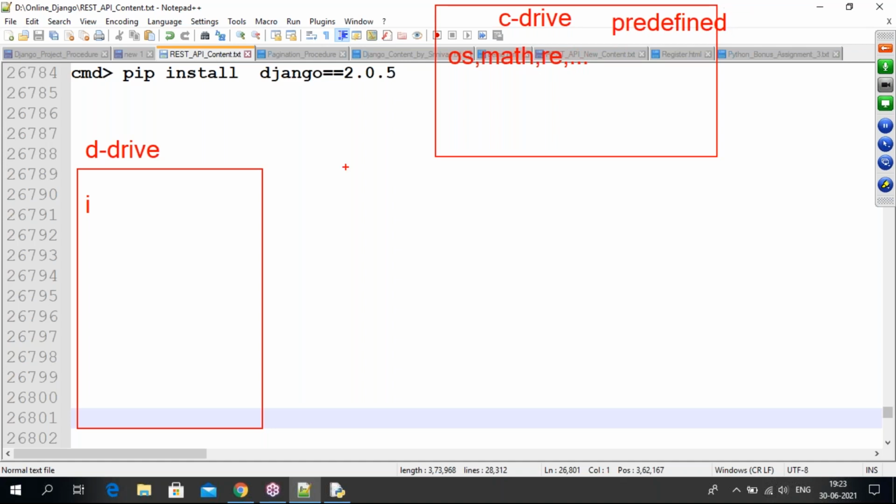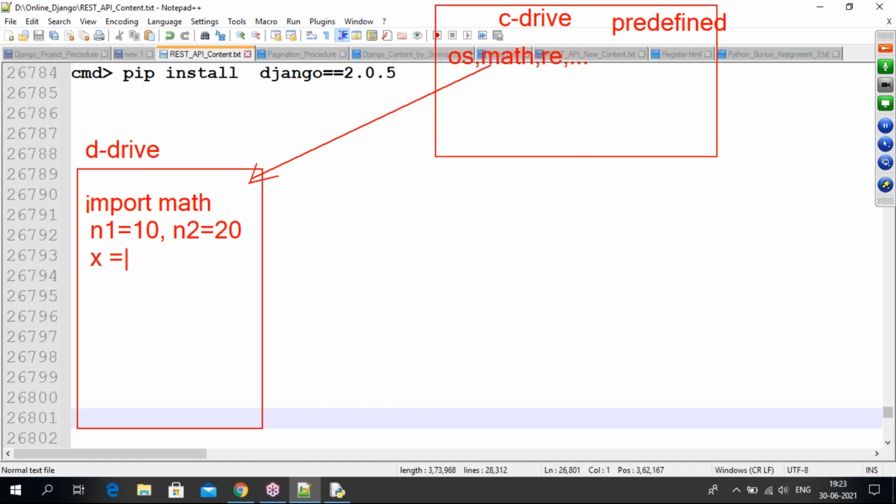Whenever you want any predefined module, you import it from there to here by using the import keyword, or from import, for example the math module. Suppose you have n1 and n2, and you take these two numbers from the user.